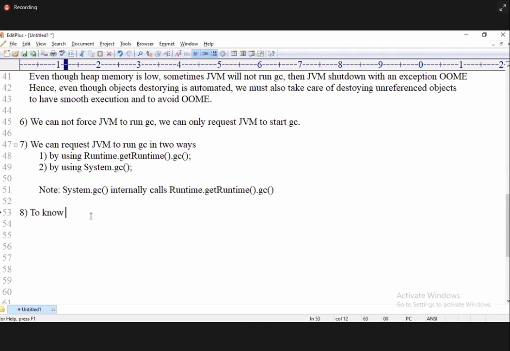Write down this point now: to know whether an object is destroyed or not,